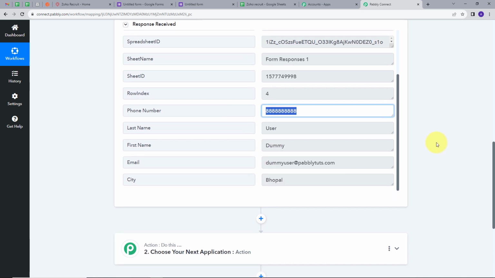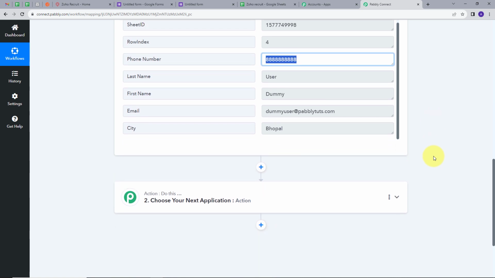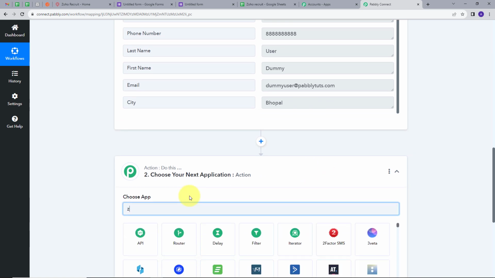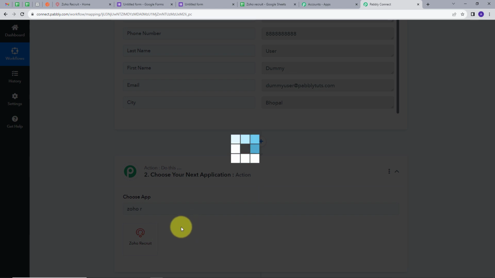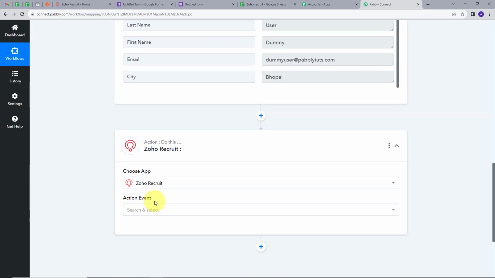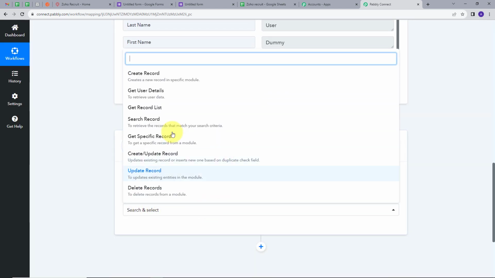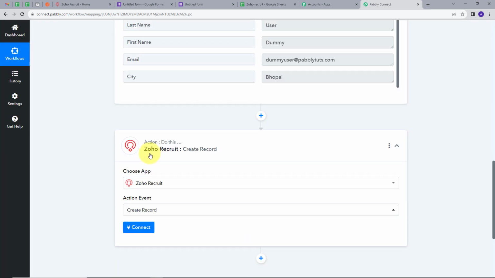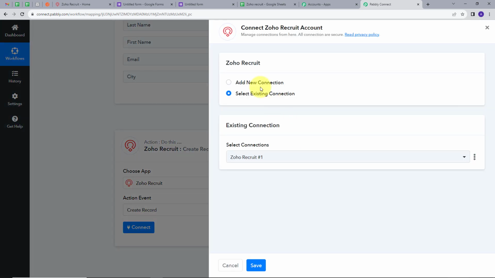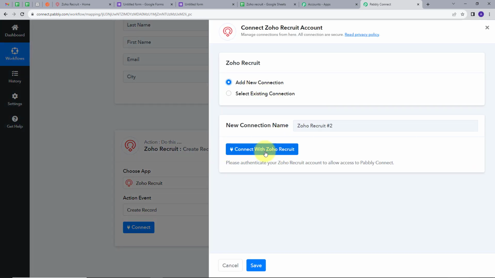Now what I want is to add this as a candidate in my Zoho Recruit. For that, I will set up my action. I will open this, and my action application will be Zoho Recruit. I will click here, and I will give an action event. So I will open this, and my action event will be create record, and I'm going to connect Zoho Recruit with Pabbly Connect. So I will click on connect. I will click on add new connection. I will connect with Zoho Recruit,